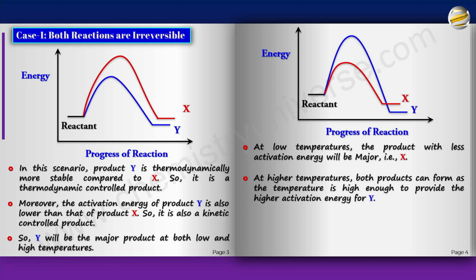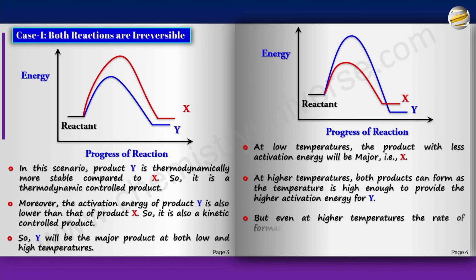Now let us say that in 5 minutes, 4 mole of X get formed. And in the same 5 minutes, 1 mole of Y gets formed. That's because X has higher rate. So that means in a given time period, the amount of X will always be greater than Y, and since both reactions are irreversible, they will stay as it is. So if after a long time we were to find out which is larger in amount, the one obviously that formed faster would be more in amount. That means X. So despite the fact that Y is thermodynamically controlled, X is kinetically controlled, X should be major at both temperatures.